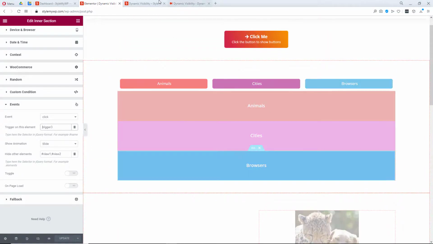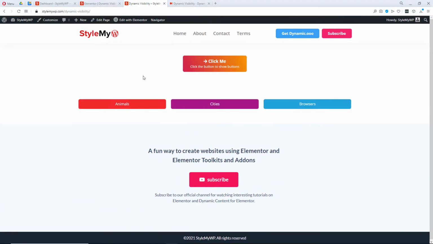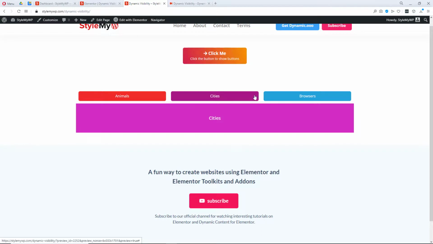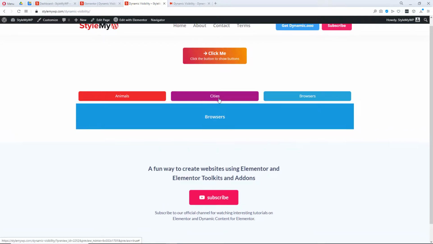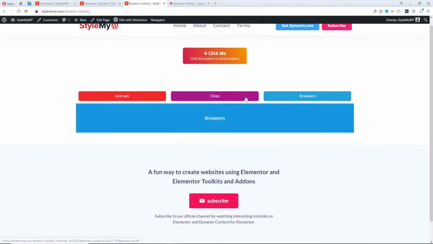So update this and you will find this button shows the complete section, and this button will show view 1, and this button will hide view 1 and view 3 but open view 2 like this, and this button will hide view 1 and view 2 but will open view 3 like this. So this is how event triggers are going to work on your website.